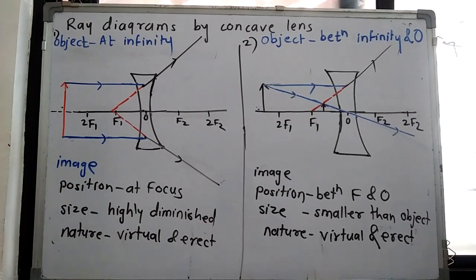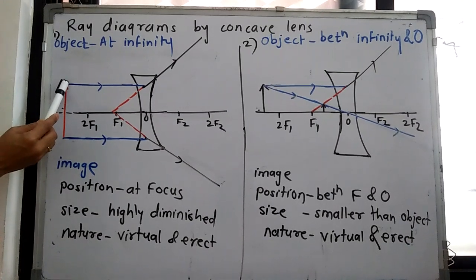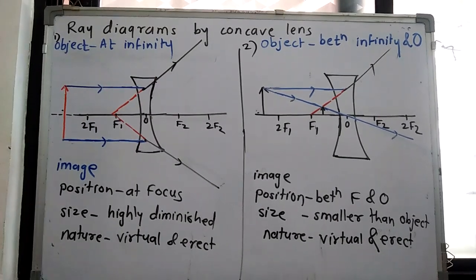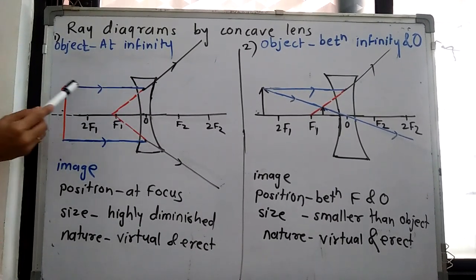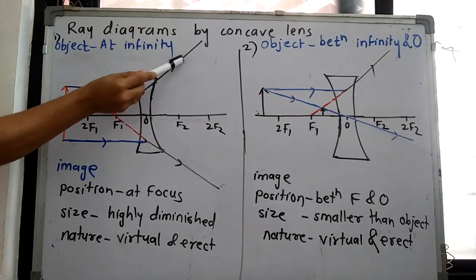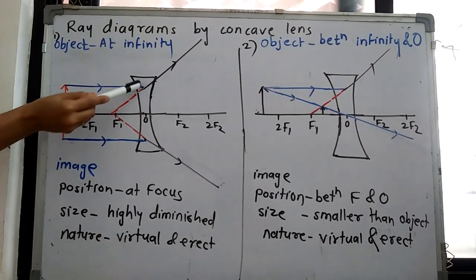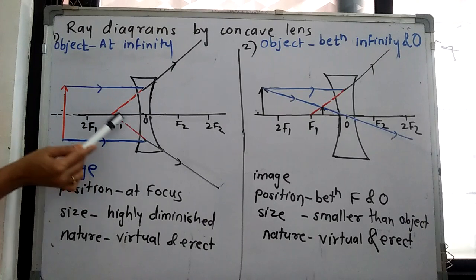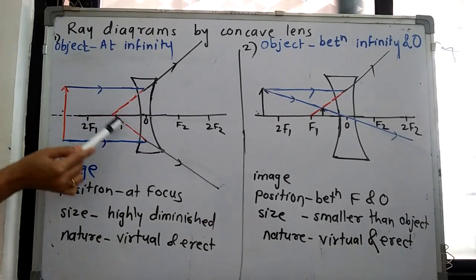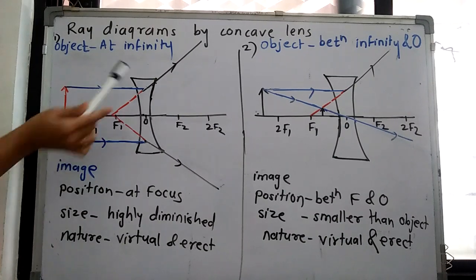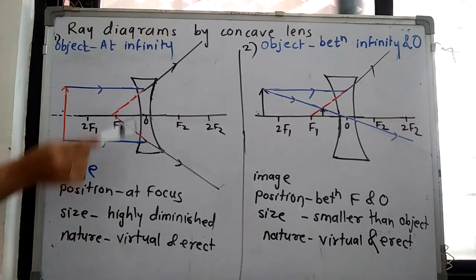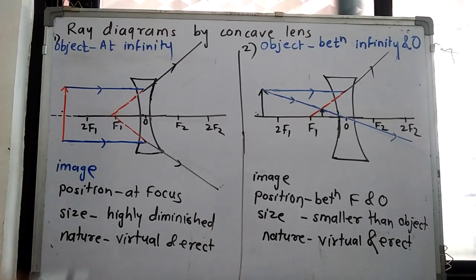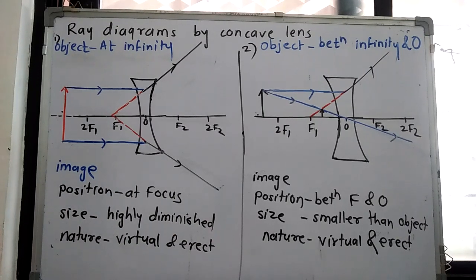As we studied the rule, if the incident ray is parallel to the principal axis of concave lens, it gets diverged after the refraction, but it appears to be coming from the focus. So this is incident ray, this is a refracted ray, but this refracted ray appears to be coming from the focus. Similarly, incident ray, refracted ray appears to be coming from the focus. So this should be straight line. So these rays are not going to intersect actually. If we imaginarily extend them, then they will intersect here. So the refracted rays are not going to intersect.